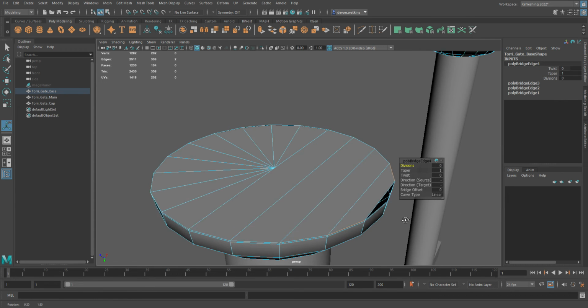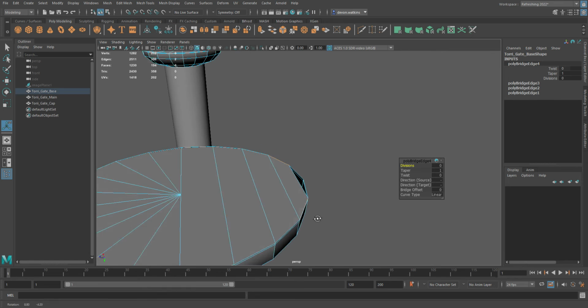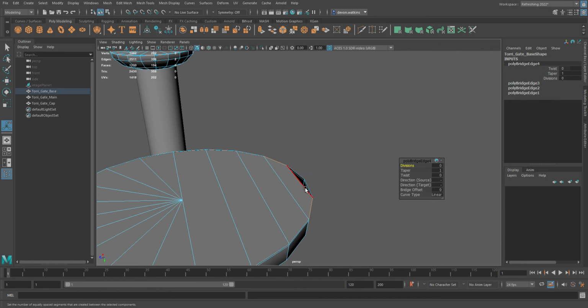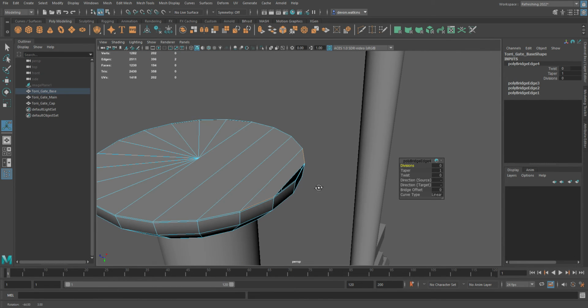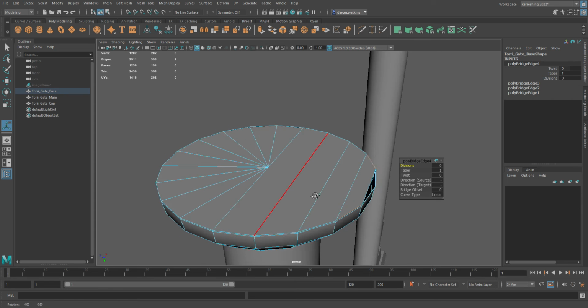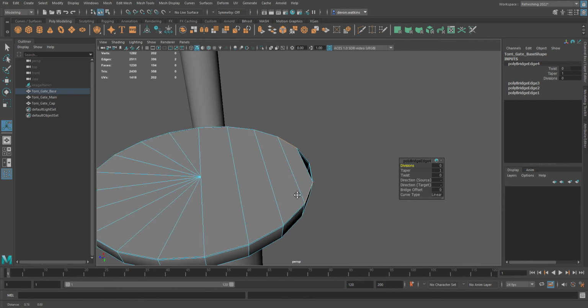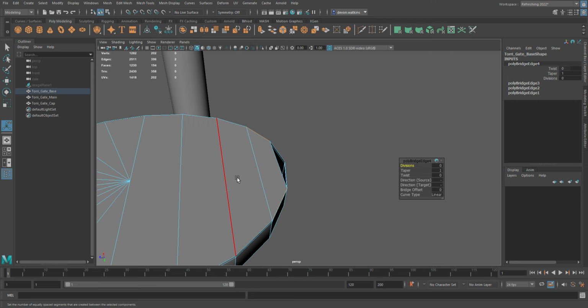G. Now when you get to here, you'll notice I'm still stuck with 3. 1, 2, 3. And I'll show you how to deal with that in just a minute. Oh, I'll show you how to deal with it now. There are 2 ways of doing it. You can either put in an edge loop right through the center, and now you have 4 here, or the